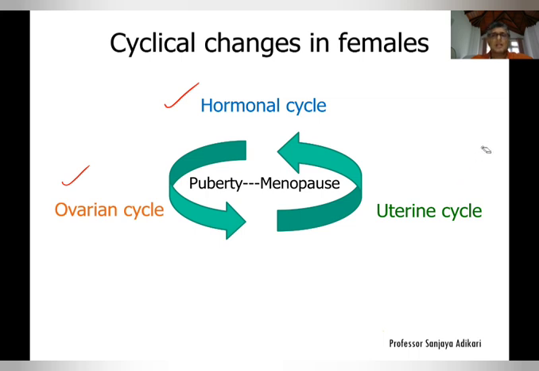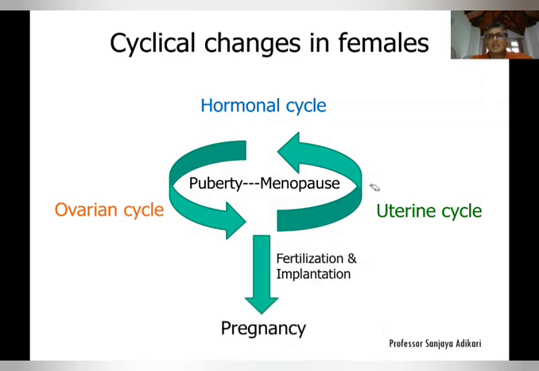Now, these 3 cycles take place from puberty to menopause. Menopause is the cessation of menstrual periods. Puberty is the beginning of the menstrual periods. You call it menarche. The first menstrual period is called menarche. So from menarche to menopause, or in simple terms, from puberty to menopause, you get these 3 cycles taking place in the body of a female until there is fertilization and